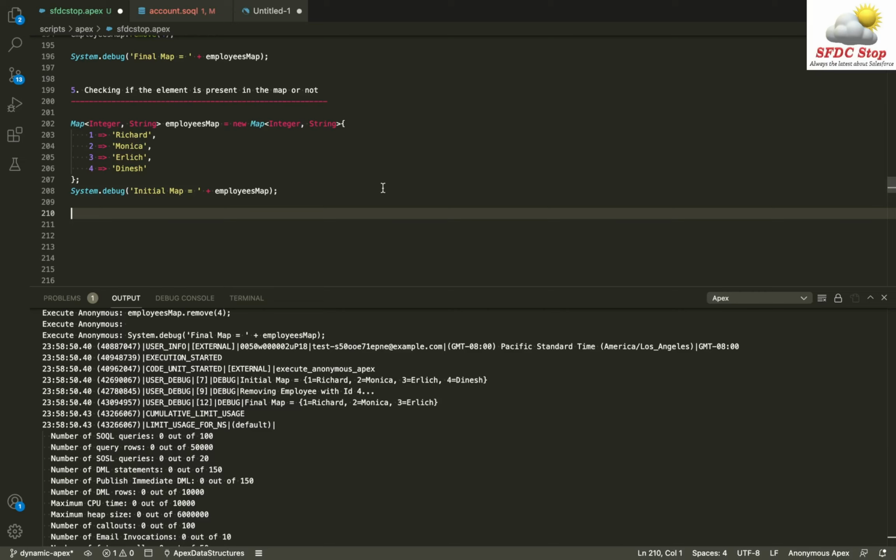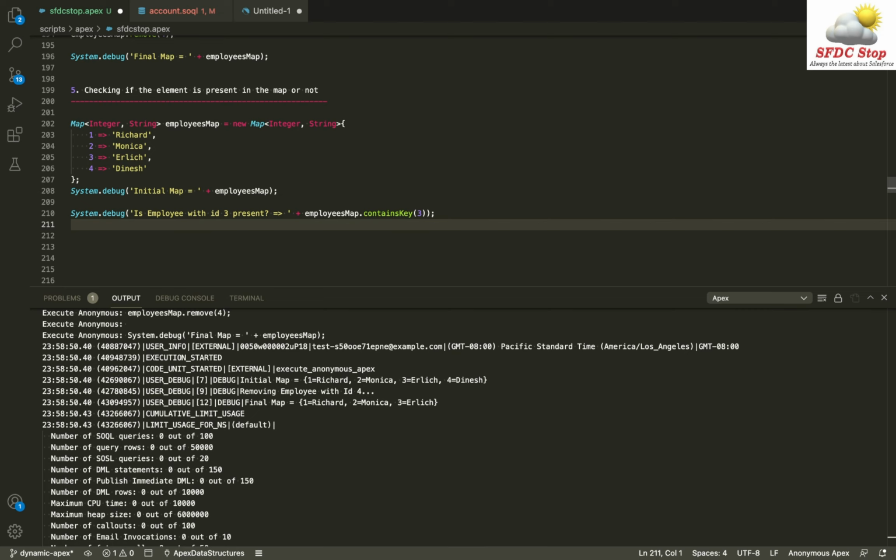So let's say I want to check, is employee with ID 3 present. I can simply do employees map dot contains key. This is another method known as contains key, and inside this method I can pass the key. The key is 3, and it will give me true or false depending upon whether the element is present inside the map or not.